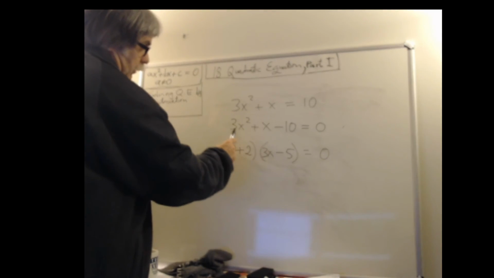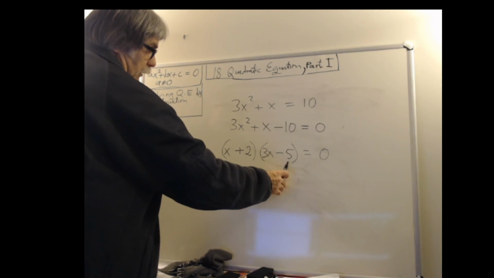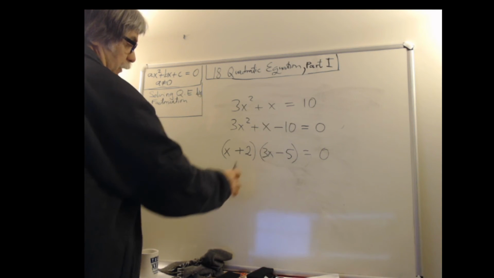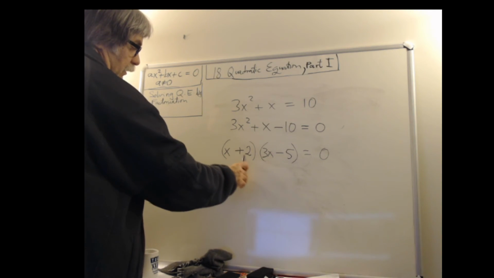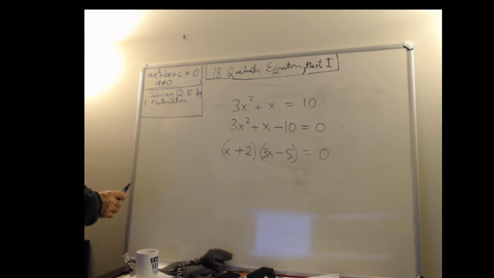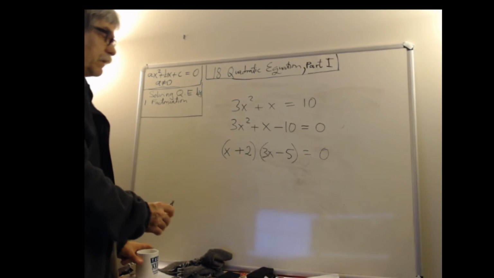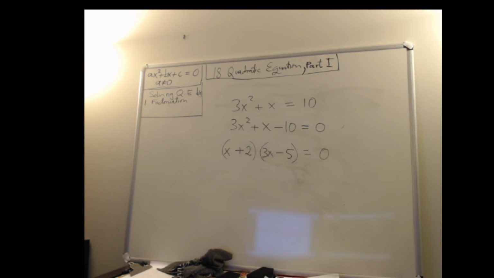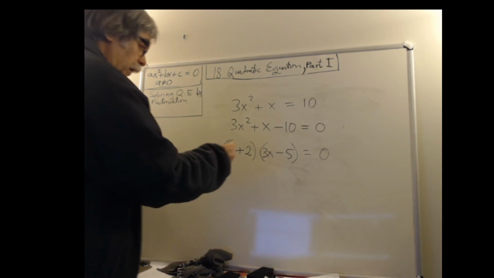First times first is 3x squared. 2 times negative 5 is negative 10. Works perfect. This is 6x, and this is negative 5x, which gives you 6x minus 5x, and that is obviously an x, and that's the middle term. So middle term check as usual, right? And now you have